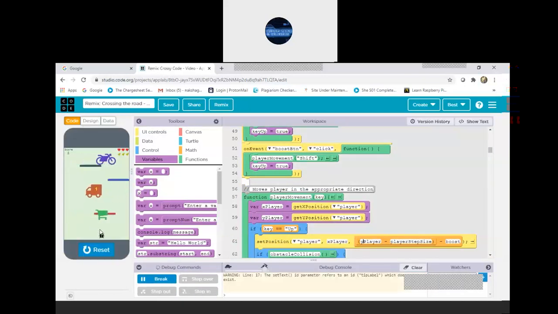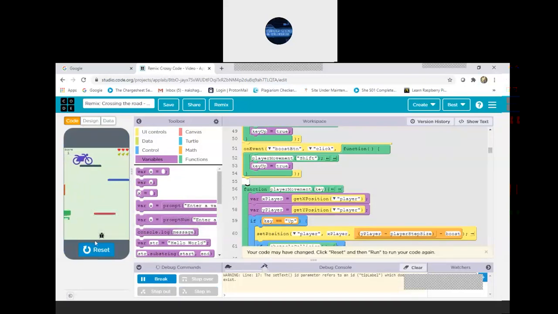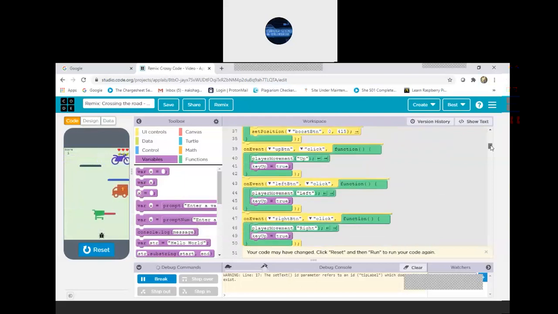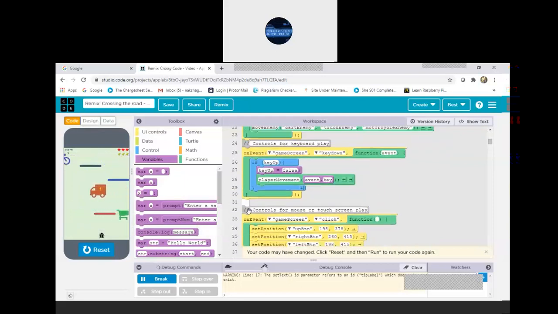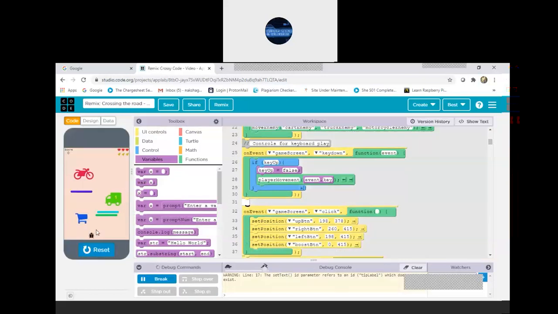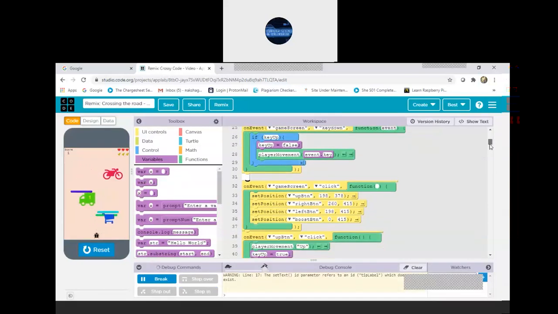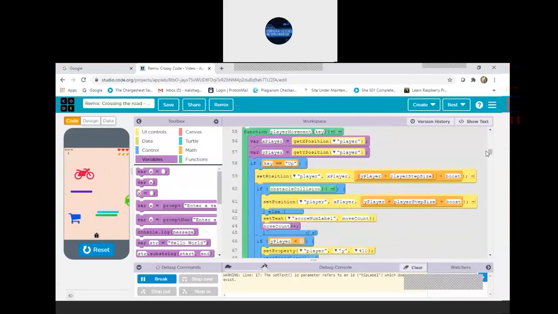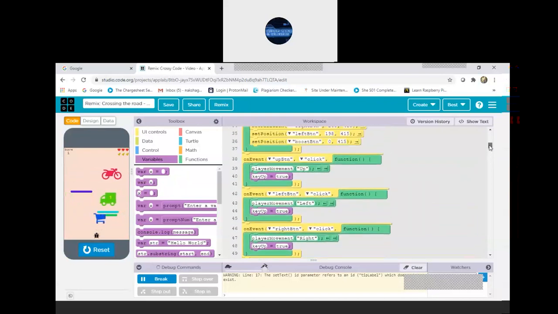Now see, it is working properly. It means if a single letter in coding goes here and there, the game will not run at all, not a single bit. And there is no need to write these comments, the black and gray ones. If you remove these gray ones, nothing will happen. I made them for understanding. If you remove this and throw it here, see, reset, play, nothing will happen, because they are comments just for your understanding. I have written them. If you write them or don't write them, it doesn't make any difference. Or if you write them wrong, or don't make them, I suggest don't make them.